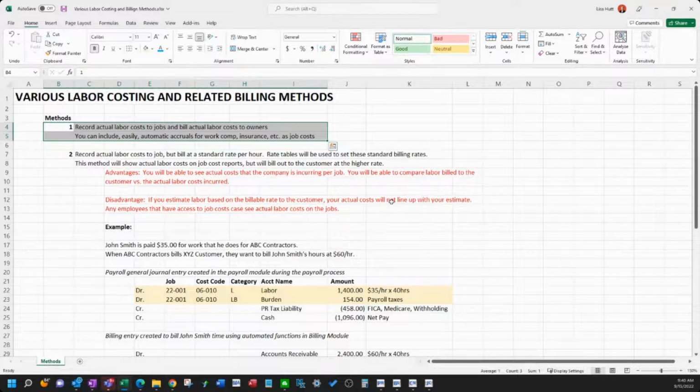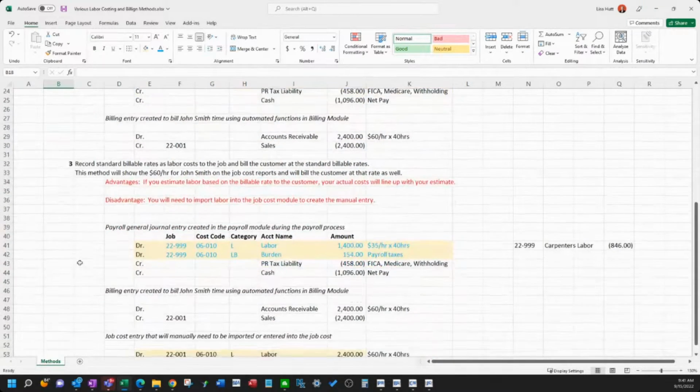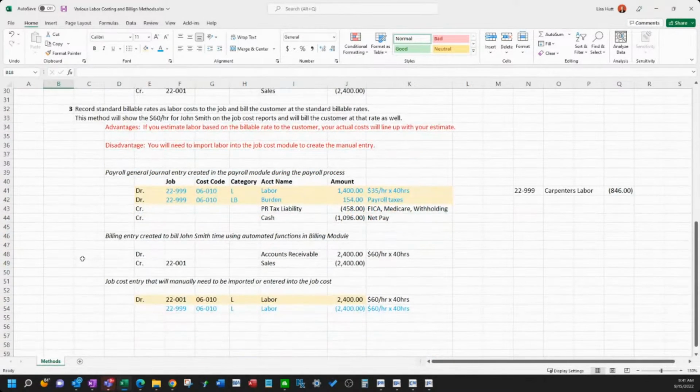Erin, do you have anything you want to add that maybe you've seen or that I didn't touch on? No, I just wanted to emphasize that in scenario number 3, they would turn off, in the distribution section of the pays and burden, the fringes, pays, fringes, and taxes. They would uncheck that JC checkbox.